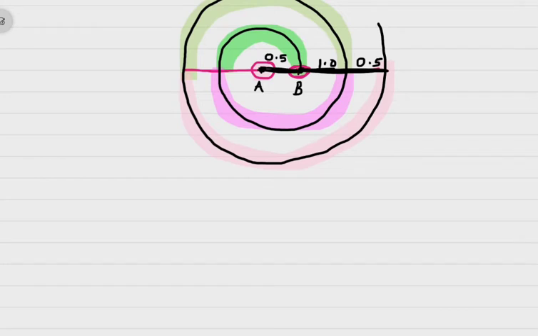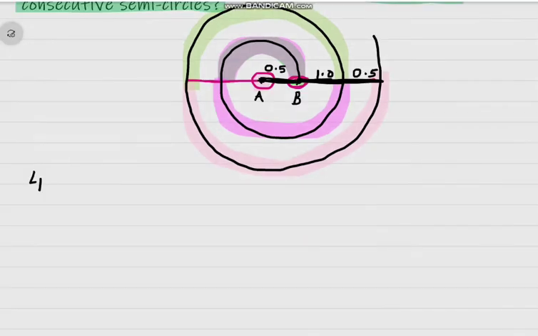Let us see what we shall get if we start finding out the lengths of the semicircles. Now suppose we are trying to find the length of this particular semicircle. What will be its length? Now see, children, how you will calculate it, starting with the length of the first semicircle. How do you find the semicircle length? 2 pi r by 2. So here 2 will be cancelled and it will be pi r.